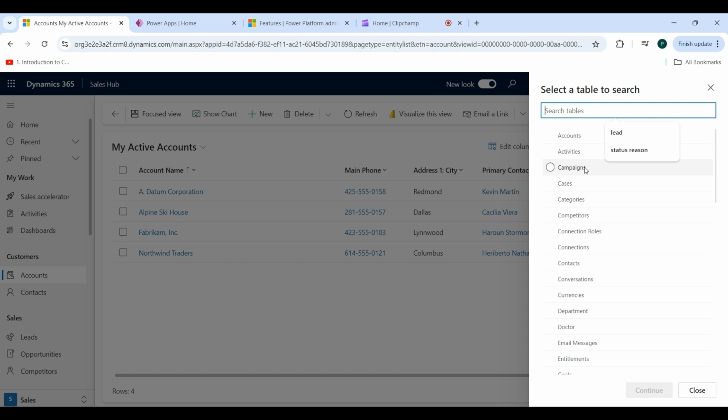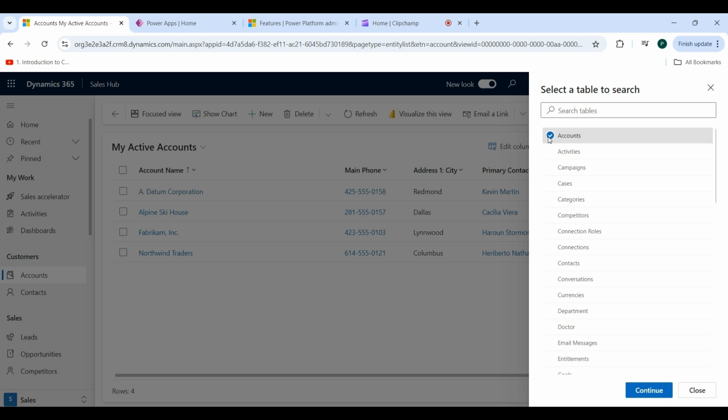Right now I am in the Sales Hub application, so if there is any table that is not part of the Sales Hub application, I will not be able to search for it. The table also has to be enabled for the unified interface. Otherwise, I cannot search for that table in the new advanced find. And I would need to have at least read access to the table, because otherwise I won't be able to search for that table.